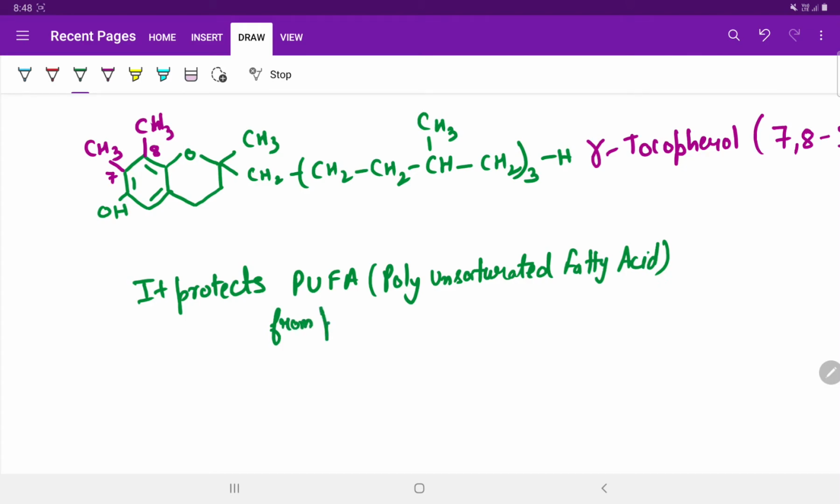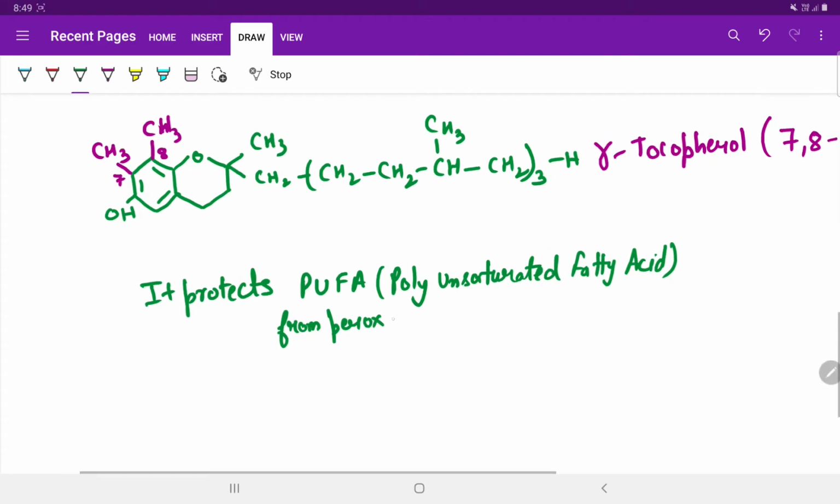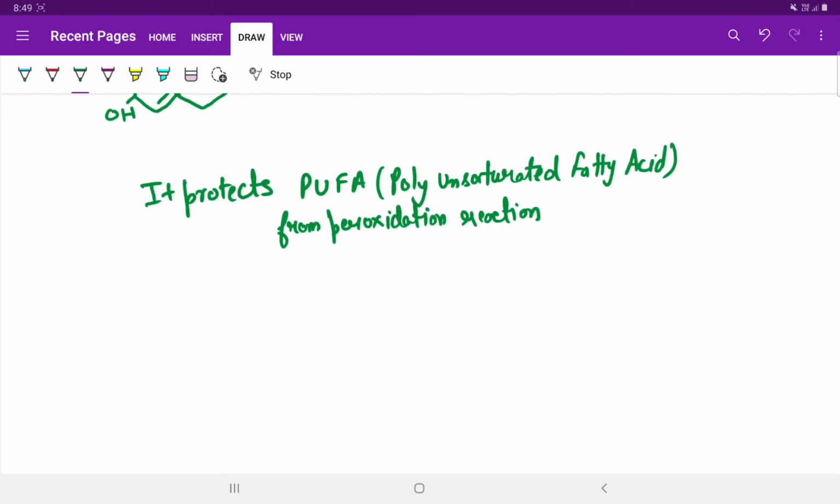Now what are these peroxidation reactions? They generally disturb the double bonds in the unsaturated fatty acid and lead to peroxide formations, that are the free radicals. These free radicals further lead to deterioration of the other unsaturated fatty acids, and ultimately many oxidants are produced